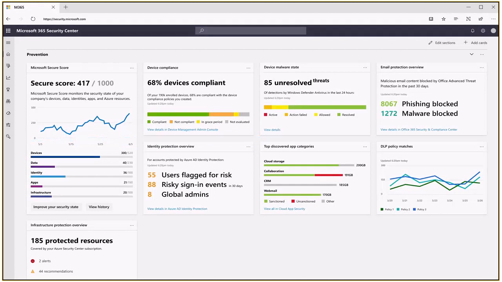So if we look at the security management dashboard, and this is the Microsoft 365 Security Center that I mentioned, we see that secure score on the left there based on devices, data, identity, apps, infrastructure, those key areas, and being integrated together. Depending on the products you use, the more information, or cards as Microsoft calls these, that you can add in there, and the more experiences show up. So this is the framework for the security products that you use. And you'll get a richer experience the more security products you use, the more they'll integrate, and the more you'll get that